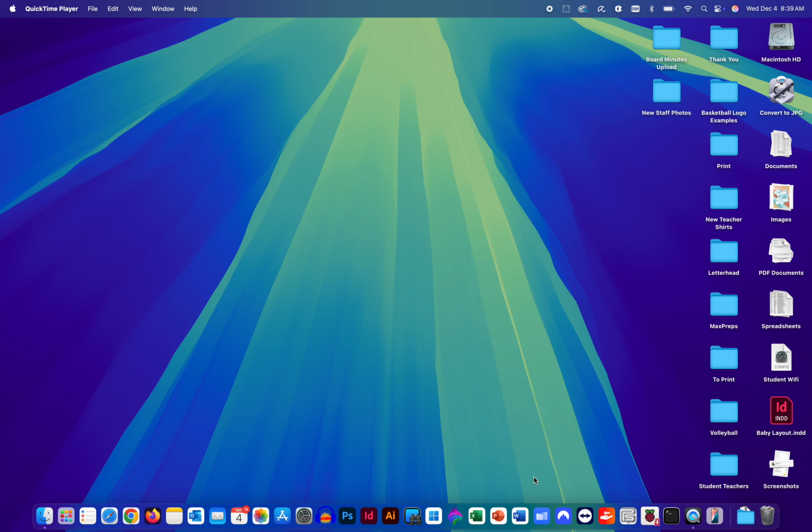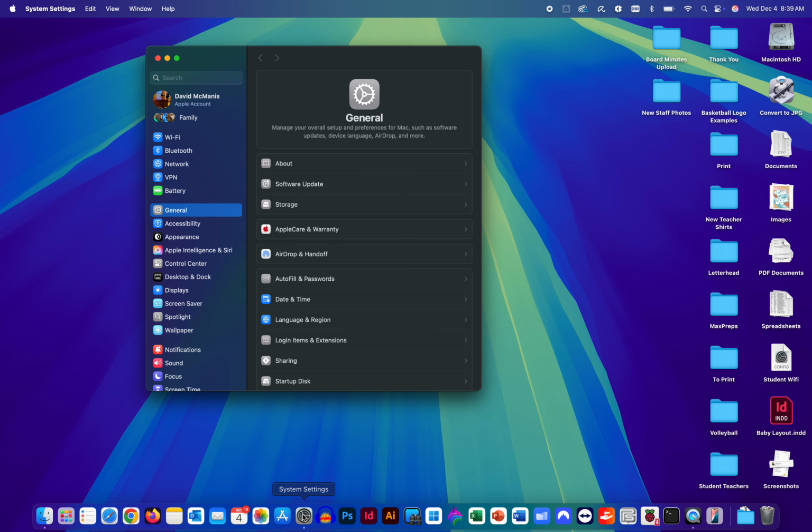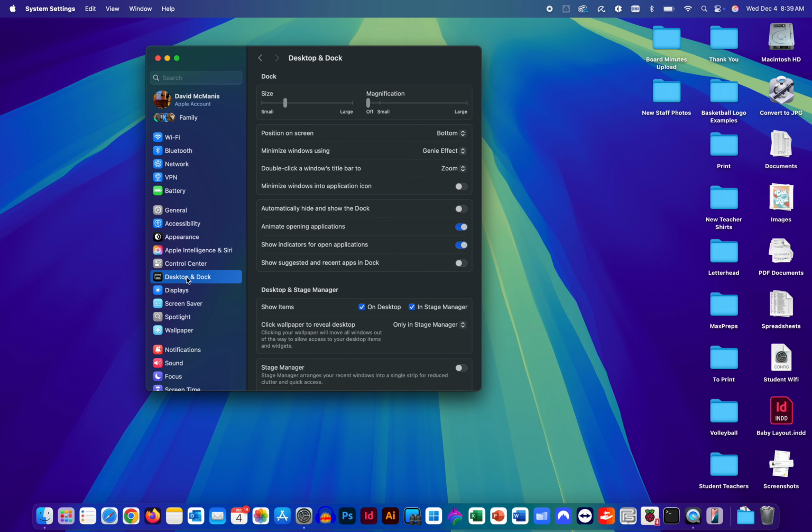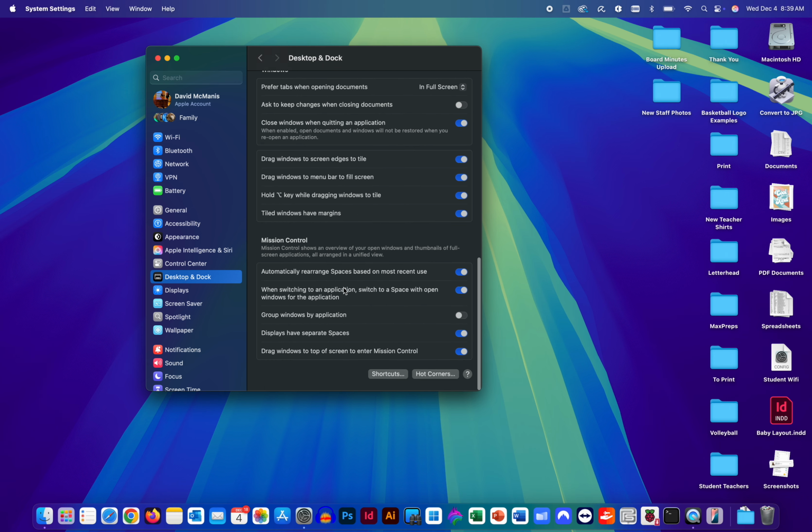So here's what hot corners are and how they work. If I go to System Settings, now I have my System Settings down on the dock, which is this bar at the bottom with all my apps on it. You can just drag applications here or drag them and hold them to release them. But if you've removed System Settings, you can find that under the Apple menu, System Settings. Okay. What I'm going to do is navigate on the left-hand side to Desktop and Dock. Okay, and then I'm going to scroll all the way to the bottom on the right here, and you see